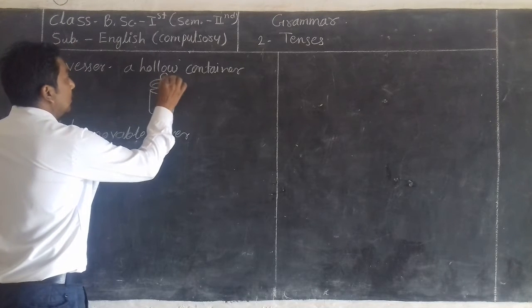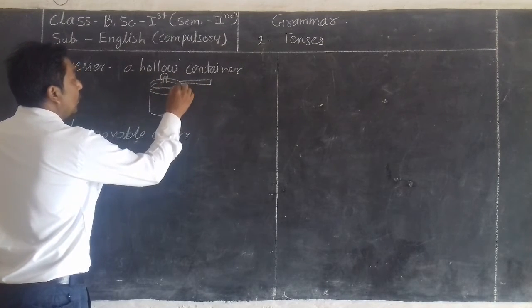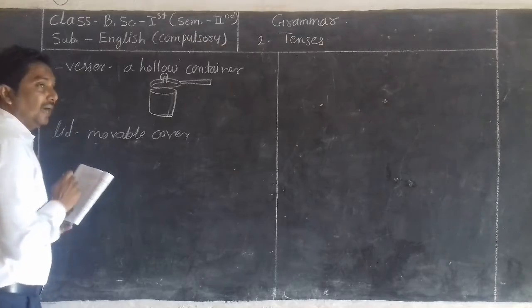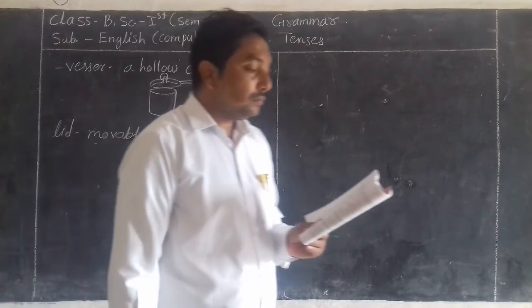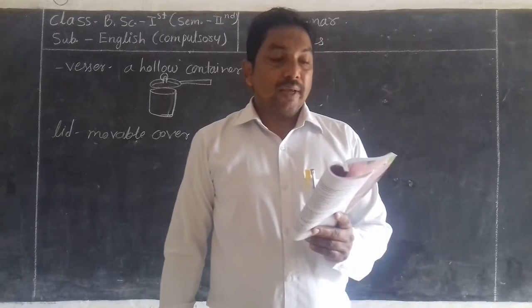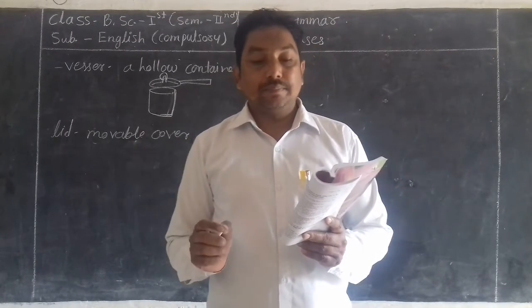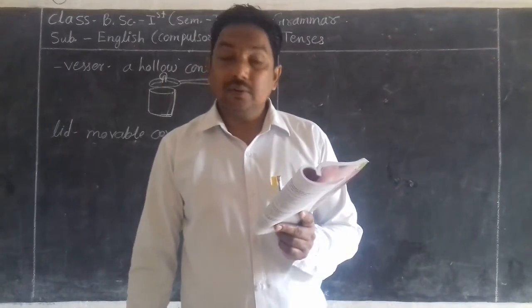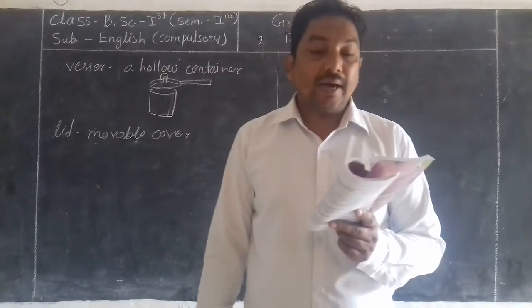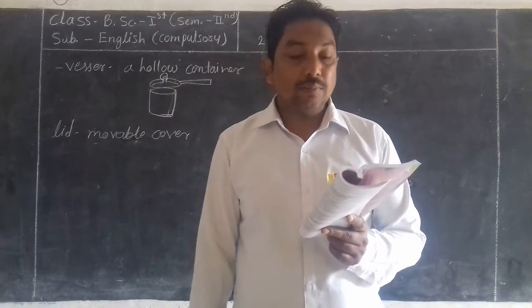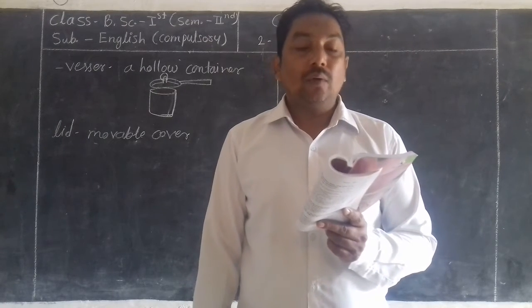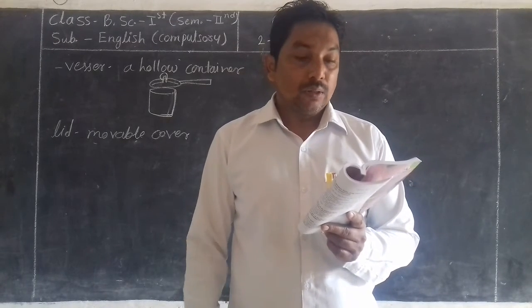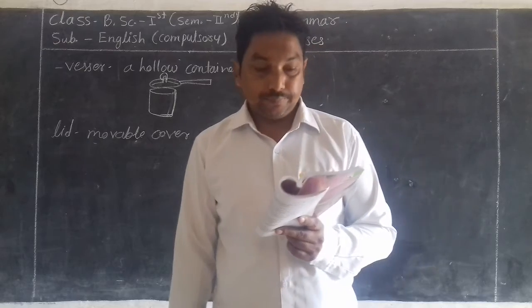The cover which we use on this pressure cooker is called a lid, L-I-D, through which steam cannot escape. So that lid is very tight, so that air cannot escape from it. The lid has a tiny opening, tiny meaning very small, called a vent, over which a valve sits. A pressure cooker helps us to cook food quickly.